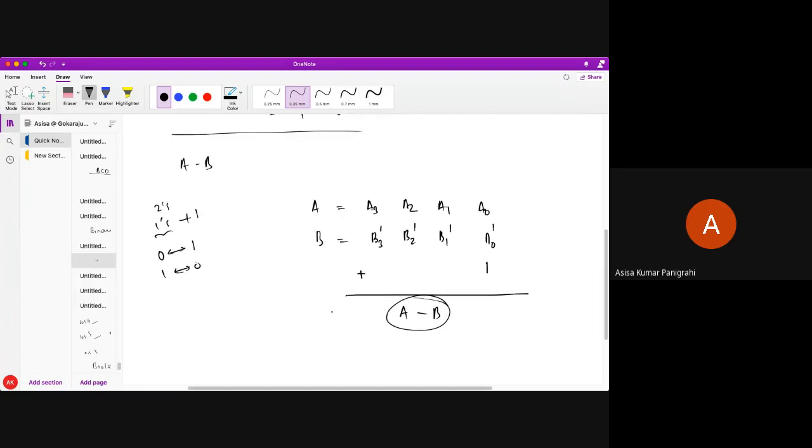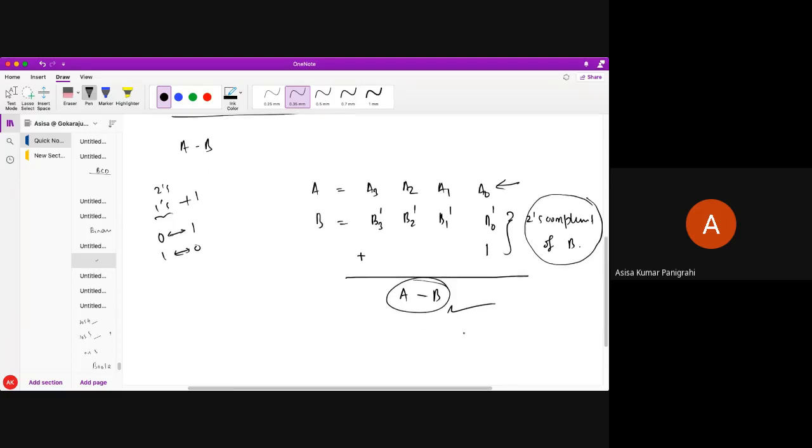Please let me know. So what am I doing extra here? I am doing the 2s complement of B. So somehow, if I can design this 2s complement of B circuit, then I can add it with A3, A2, A1, A0, and then I can get the A minus B circuit. Okay, do you all understand, students? Now tell me, one very important concept I'm going to tell you here.